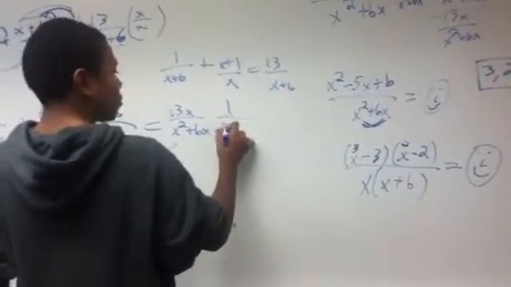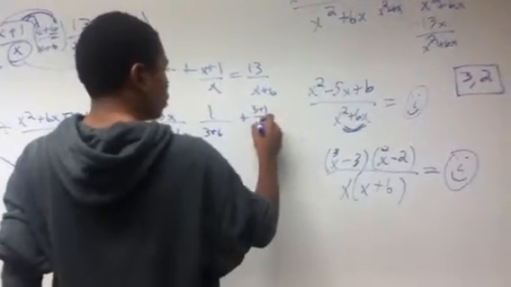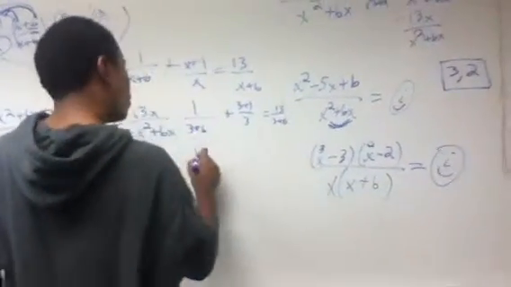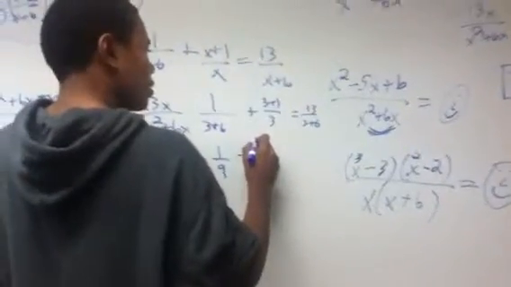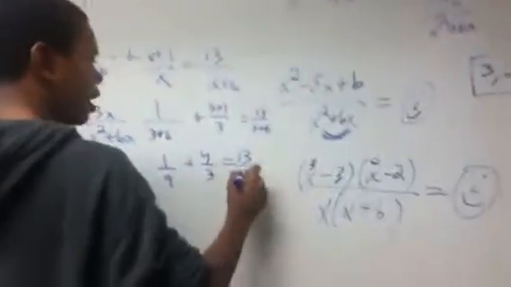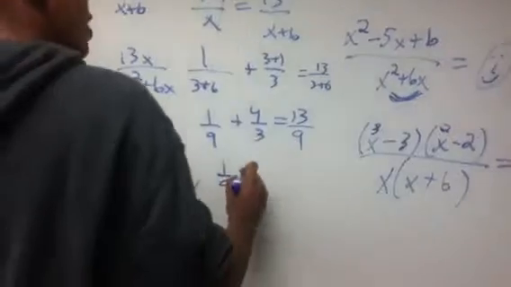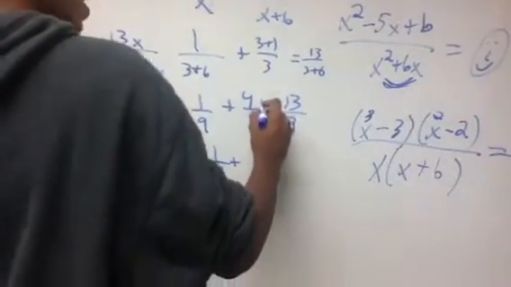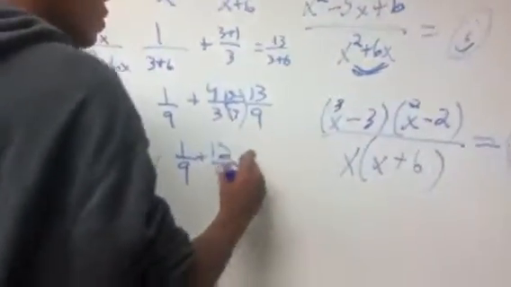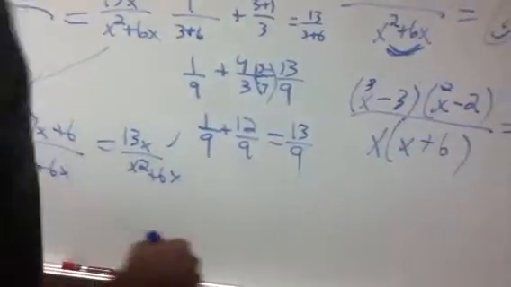So 3 plus 6 plus 3 plus 1 over 3 equals 13 over 3 plus 6. So 1 over 9 plus 4 over 3 equals 13 over 9. And then 1 over 9 we simplify, which means we multiply factor 3 over 3 gets us 12 over 9 equals 13 ninths. And that's true. So if we